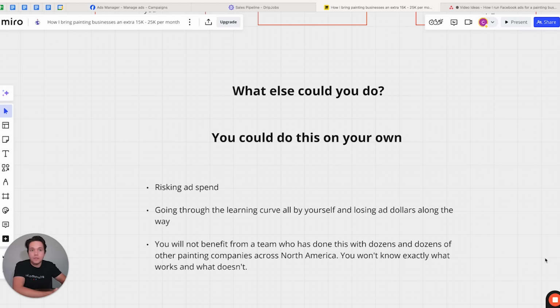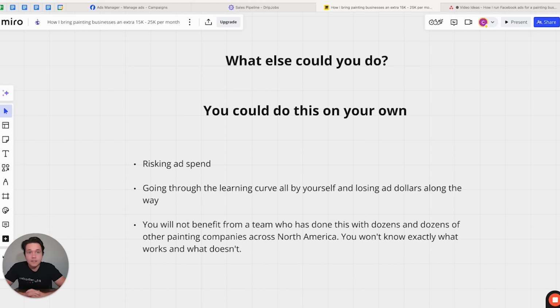They want to count on a company who has done this for dozens and dozens of other painters with great results. Maybe they're worried about risking ad spend or wasting money on ads when they don't know if they're working or not. Because we've done this with so many other specific painting businesses, it's very easy for us to do this for you too. Chances are, if you are having a specific problem in your painting business, we have seen it before. Realistically, I genuinely think that you could do this on your own, and probably, if you watch all my videos and all the stuff we have posted out there, you could probably get about 50% of the way there. But if you are the person that wants to get that other 50%, you want top tier results, then